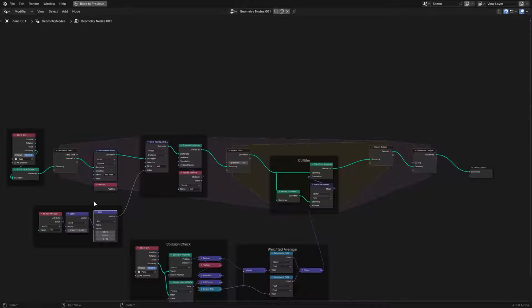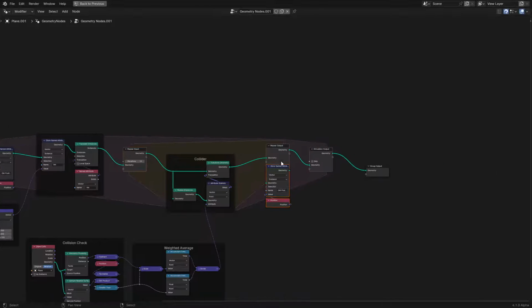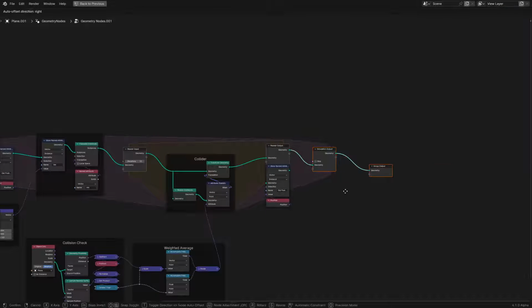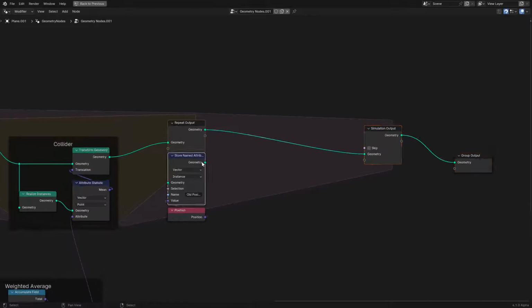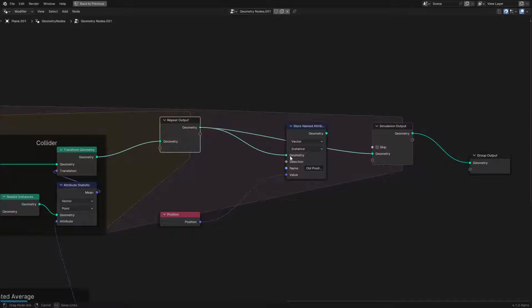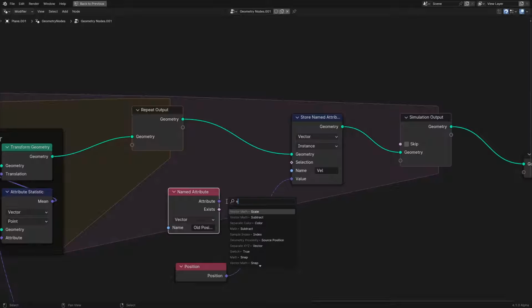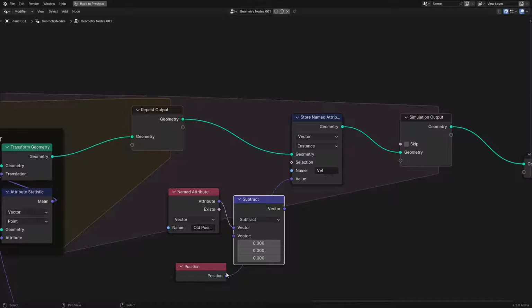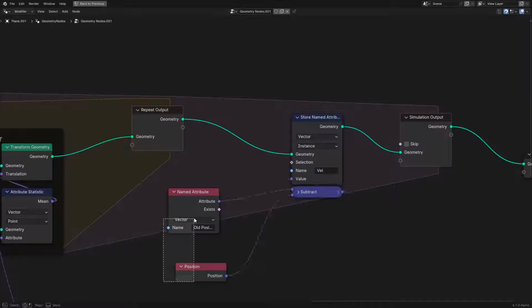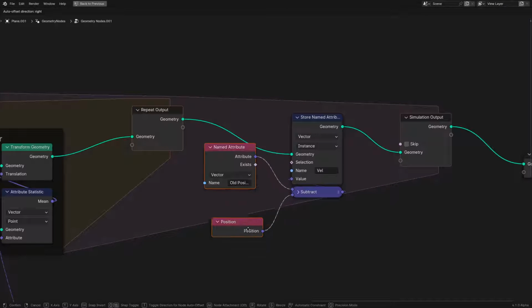We need to recalculate that. So I just need to do a velocity recalculation. We need to take the old position, compare it to the new position of the instance. So named attribute, old position, set this one to be vel. And then subtract between these two. I need to just make sure that's the right subtract. So here we do a velocity recalculation, which means that now